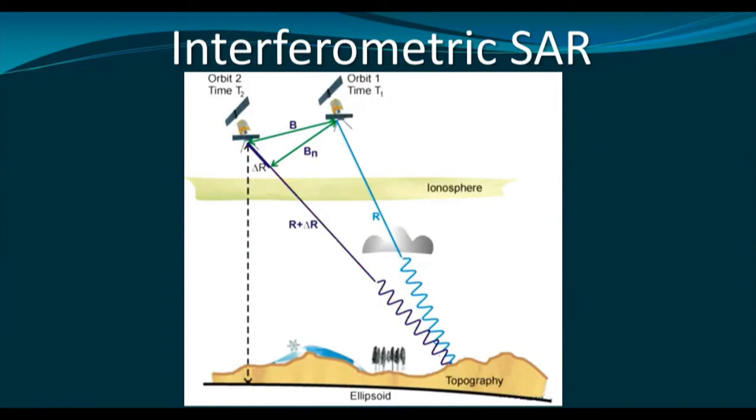So this is the basic concept of interferometric SAR. We may use one satellite from different locations, or even we may use multiple satellites. As you know, in case of Sentinel also they have twin radar satellites to act as interferometric SAR. And interferometric SAR is perhaps the future of synthetic aperture radar, because in interferometric SAR, in addition to the X and Y, we are also getting the Z information, and also it can concentrate on very smaller details.